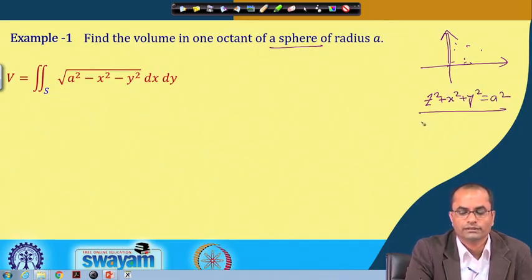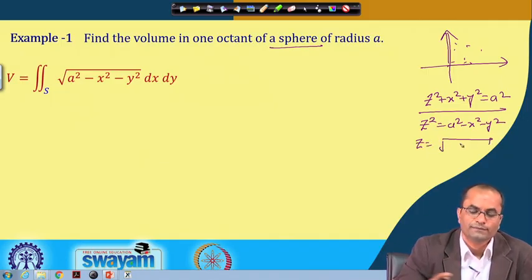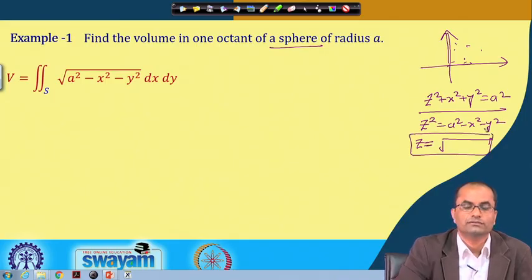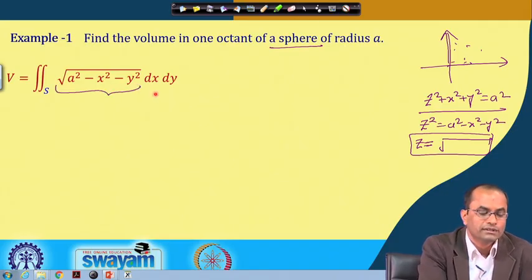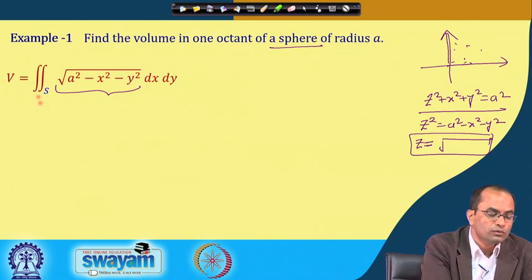So, from here you can compute z square is equal to a square minus x square minus y square. So, z will be plus here because we are talking about just one octant. So, this will be the integrand here, square root of a square minus x square minus y square, and then dx dy over this S